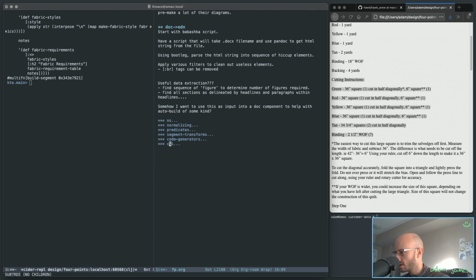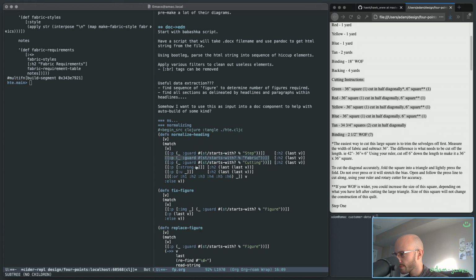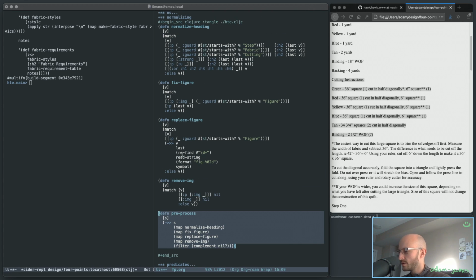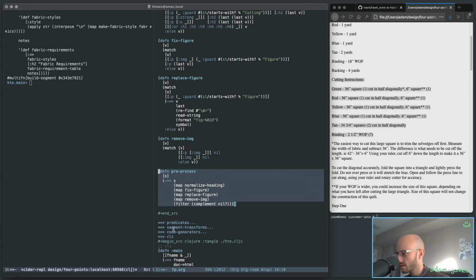So the order of things that I want to do when I run the script on a file is create. Yeah, that's right. Then I want to pre-process, which is this. Then after that,